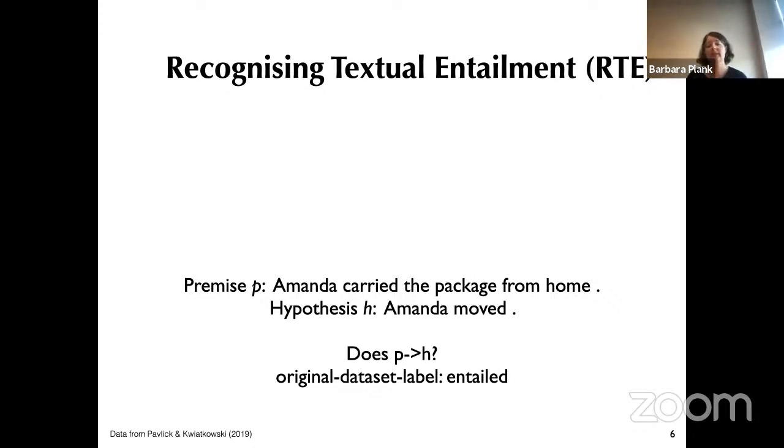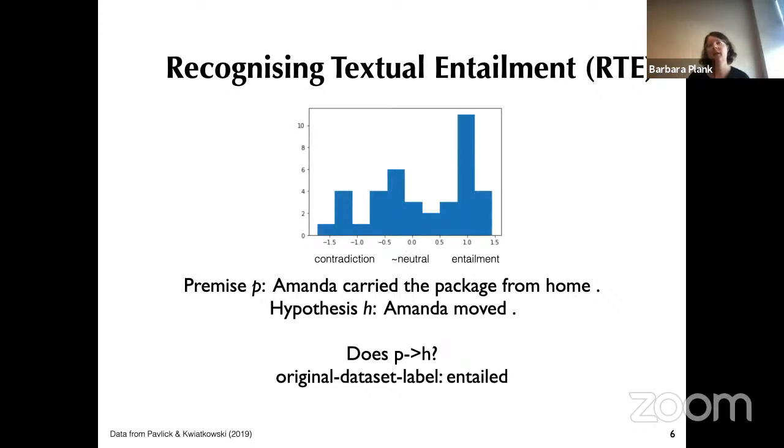So, for instance, here is an example from the data. Amanda carried the package from home, and the hypothesis is Amanda moved. If you look at the original data, this was specified as an entailment. But now, if we look at the distribution that Ellie Pavlick got by re-crowdsourcing the data set and asking 50 annotators, you see that a lot of the annotators also say this is entailment, but it doesn't look so clear, right?